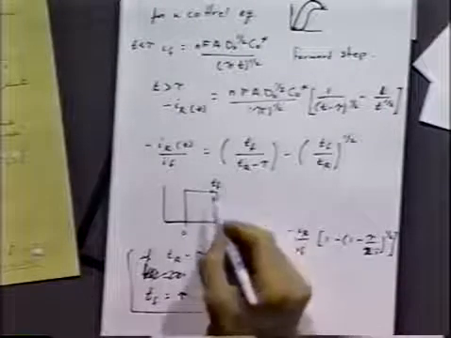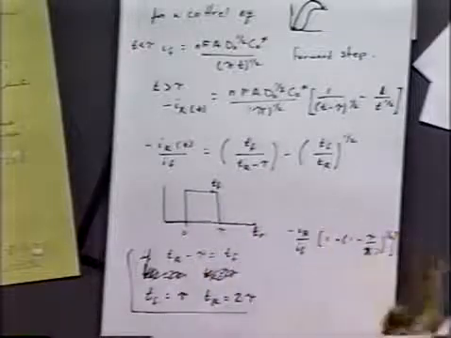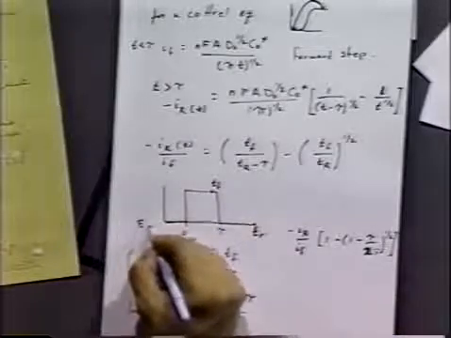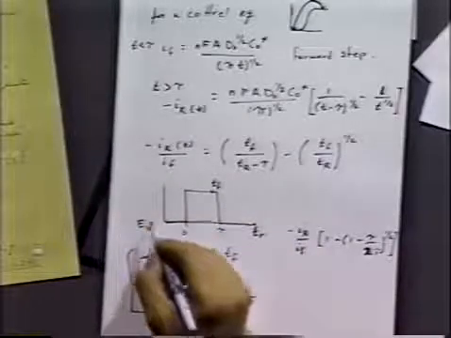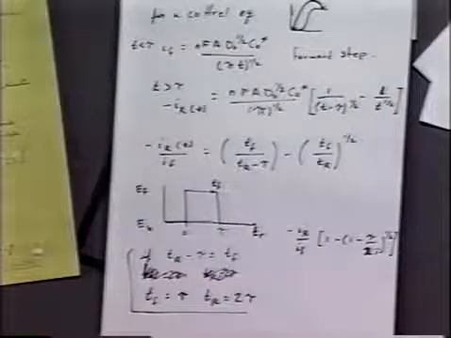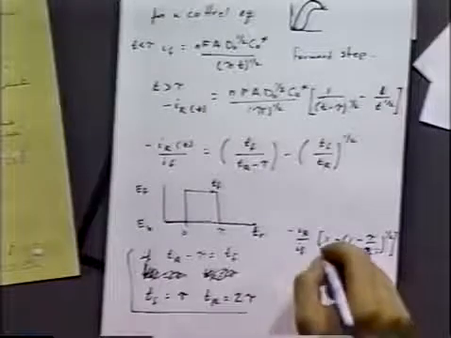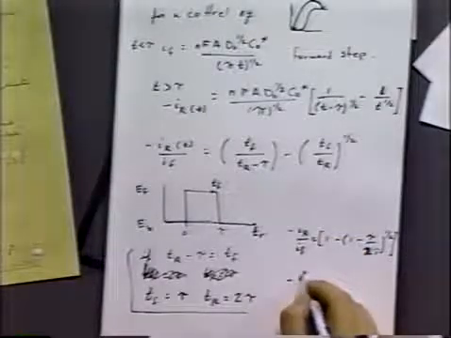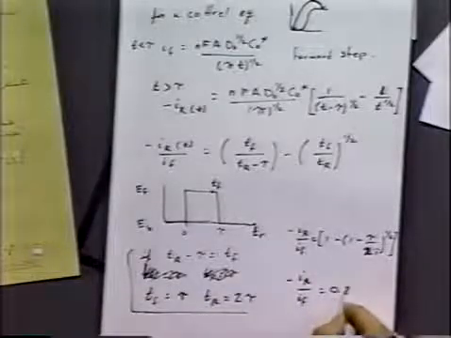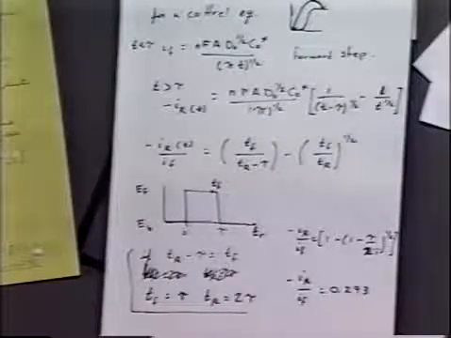In other words, as soon as we get to TF, we measure the current, and then we step to the back potential and make a measurement at T sub r, and so on. In other words, that ratio of the reverse to the forward is 0.293